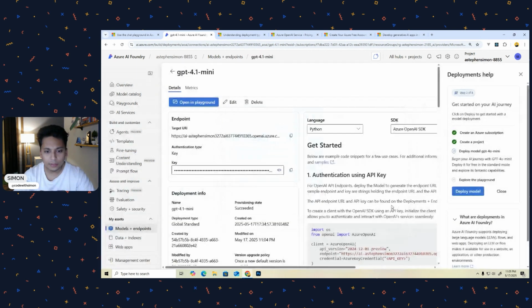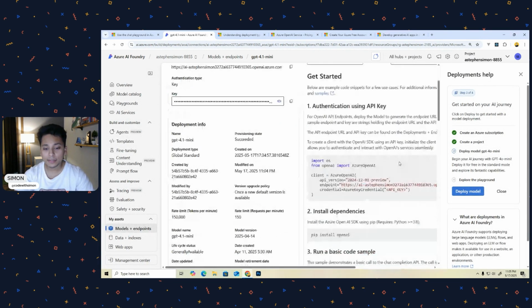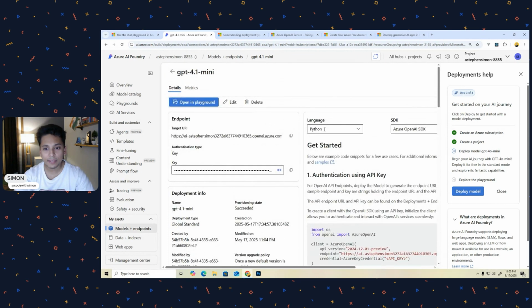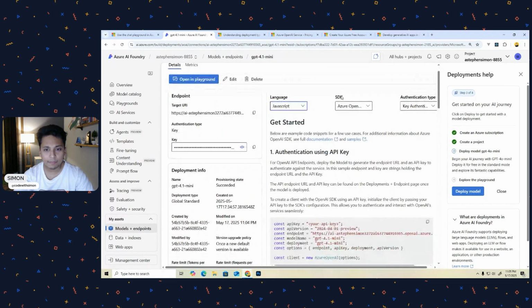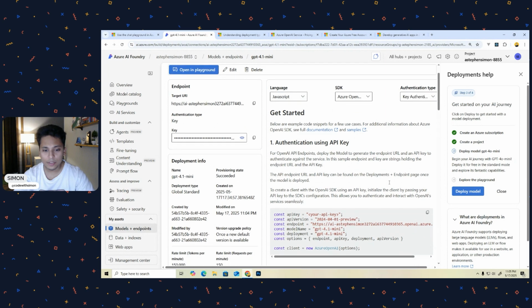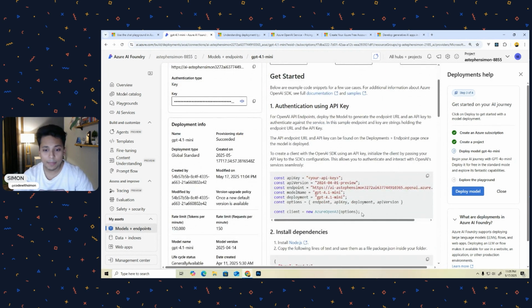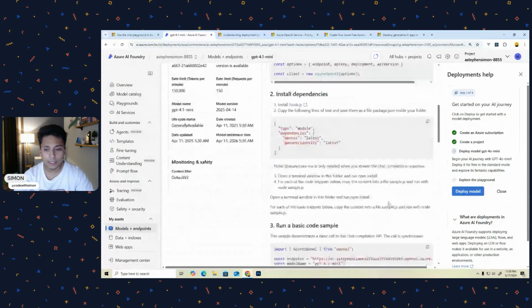Next, thanks for the tutorial, close, and there you go. I have my endpoint, I have my key, which means I can actually go ahead and start using it in the application right away. And I think I can also select the language here. Wow, if I click on, let's say, JavaScript, and select my SDK, let's keep it this way, authentication is this one. So it actually gives me how I can go ahead and start using it, which